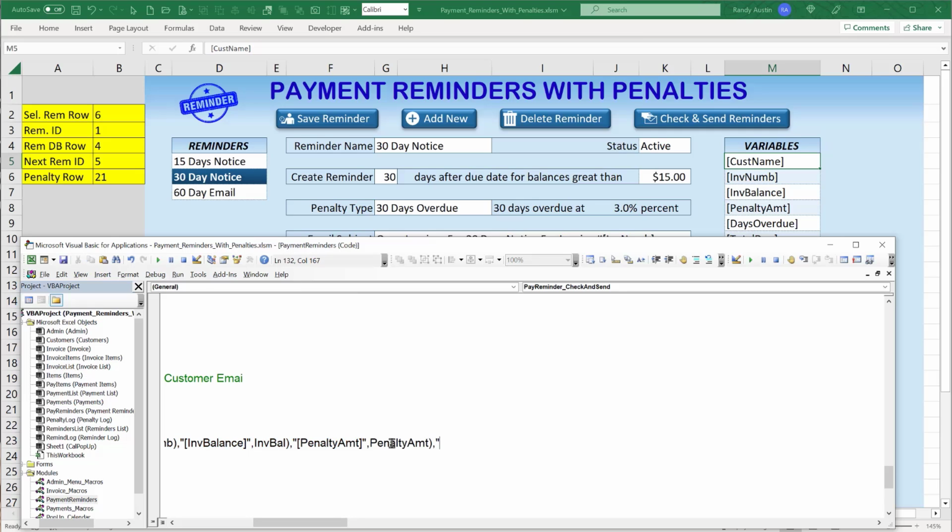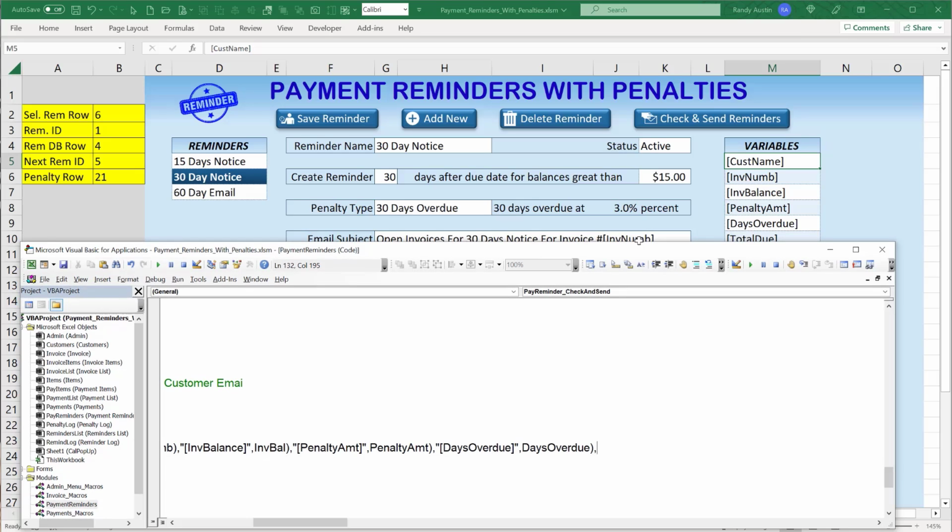Okay, continuing on. What else? I want to add the days overdue. So again, adding that bracket, days overdue. This repetition actually helps you learn very, very well. We're going to replace it with the actual days overdue. Keeping your variables clear is a lot easier, especially when you're dealing with a lot of variables. Okay, and then let's take a look, our last one here is going to be total